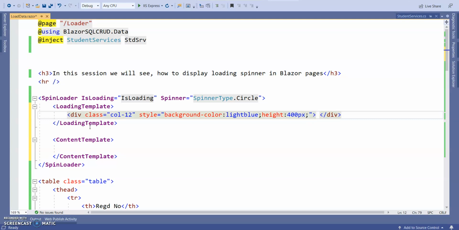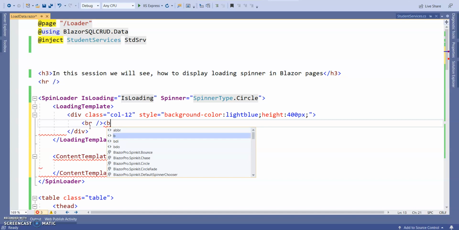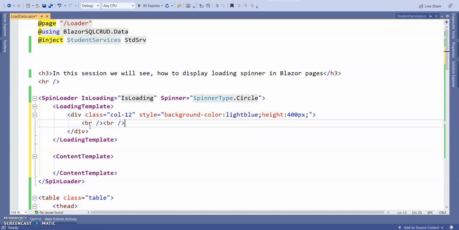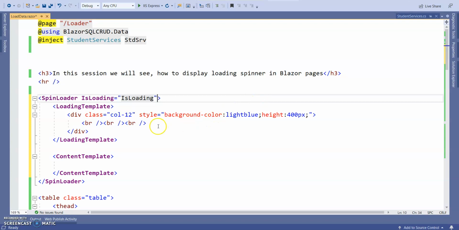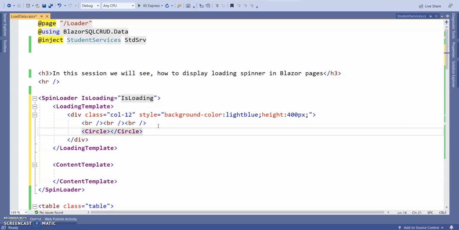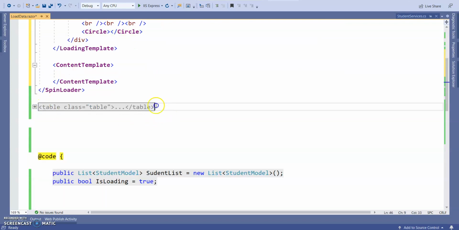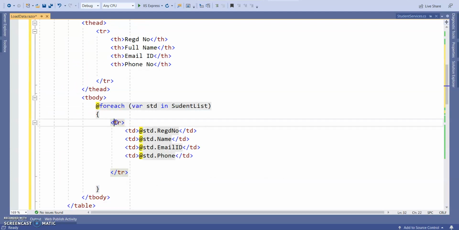Inside this, here we no longer need the spinner properties. Here we can directly declare, let's say I want to use circle. Next, in the ContentTemplate I am going to directly use this table format.